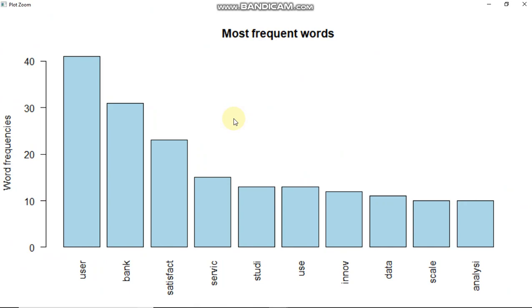So user is the most frequently repeated word. What can we conclude out of this? It means when we have unstructured data, using the text mining process in RStudio we can convert that document into a document matrix, and from the matrix we can find out which word has been repeated frequently.